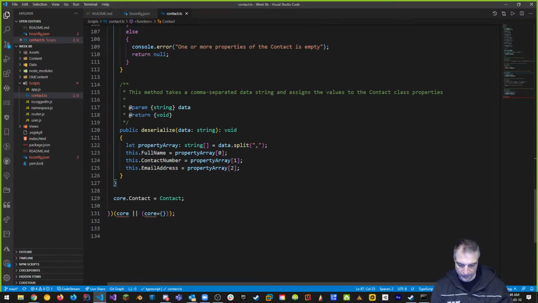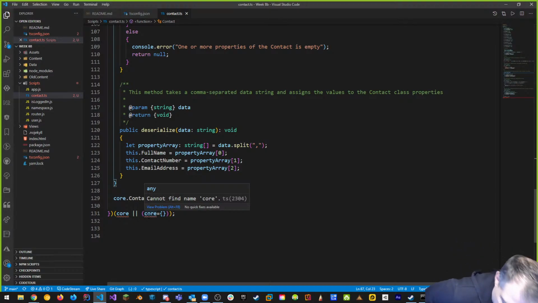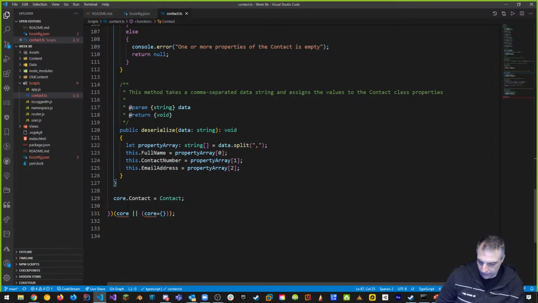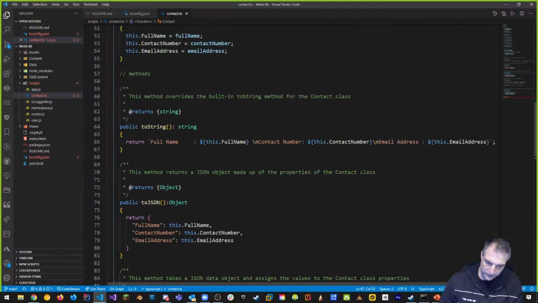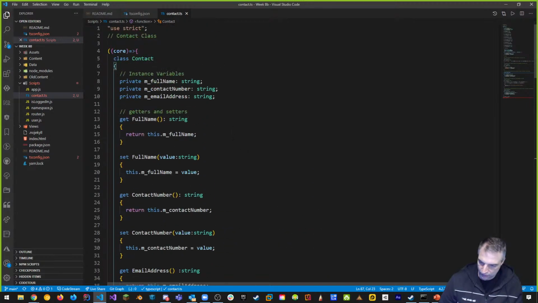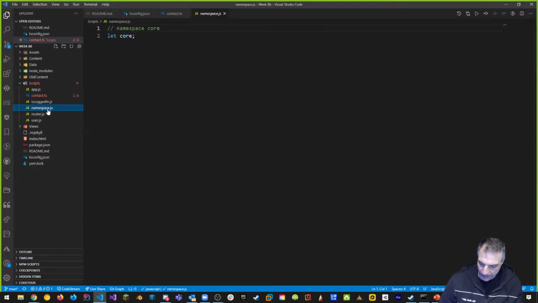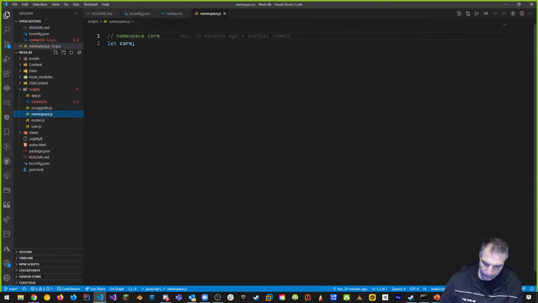So we've got this, and then finally we got this error down here. And it says, what are you trying to do here? Core doesn't exist. Core doesn't exist in this file. What are you saying, right? Why doesn't it exist? I mean, sure, it's here, right? But how come you're trying to do this, it's saying? Well, we have core in our namespace.js. That's core, right? But it's not recognizing that this is what's happening.